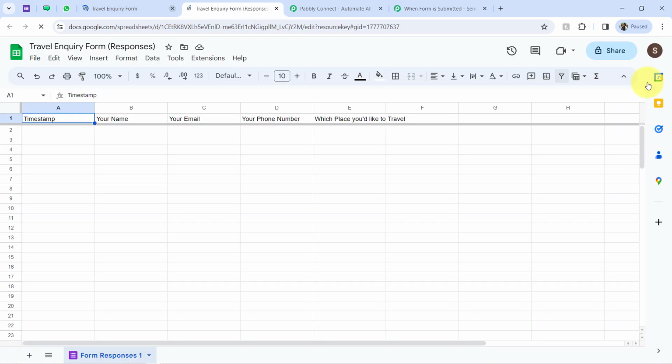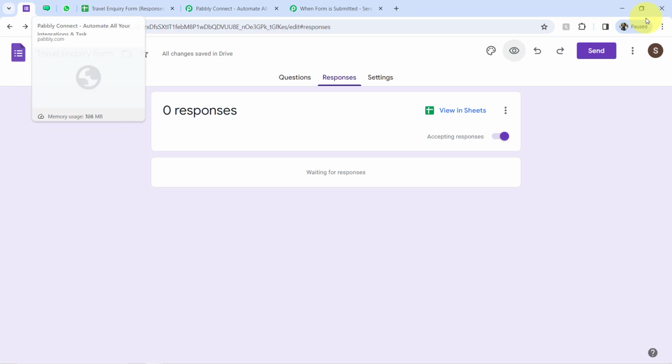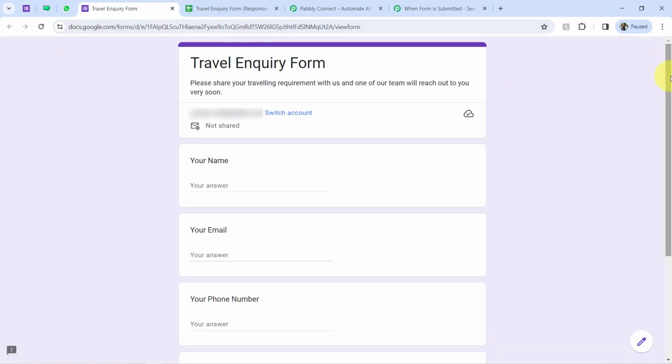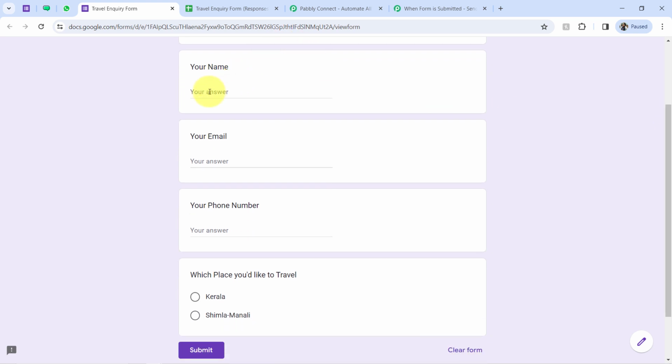Alright, I have previewed that form. Alright, this is the form link. I think this is the spreadsheet link. I will have to preview my form once again, that is the travel inquiry form. Scrolling down, and let's provide some details. Dummy is the name of the person, and how about dummy user, I provide as the full name. The email address is